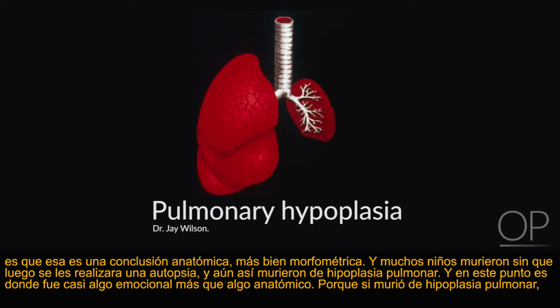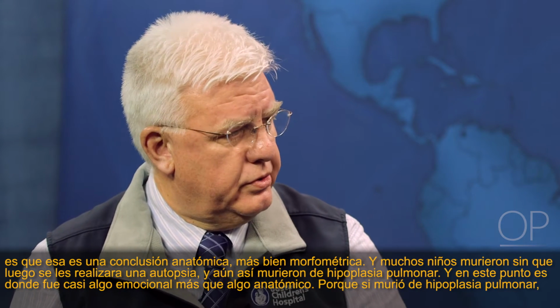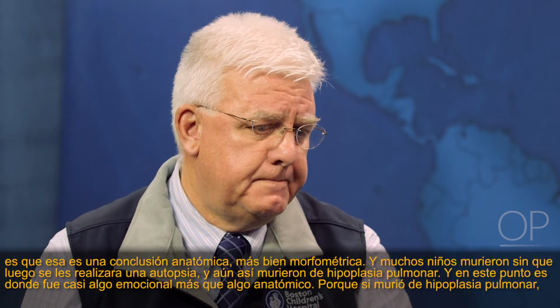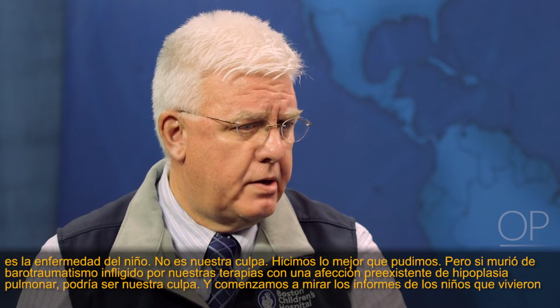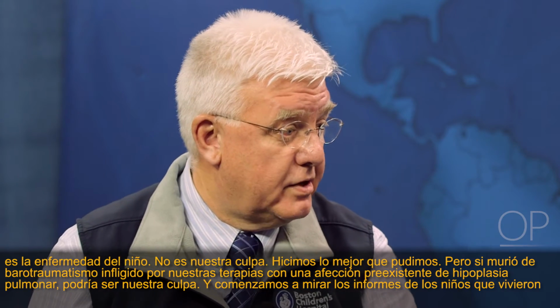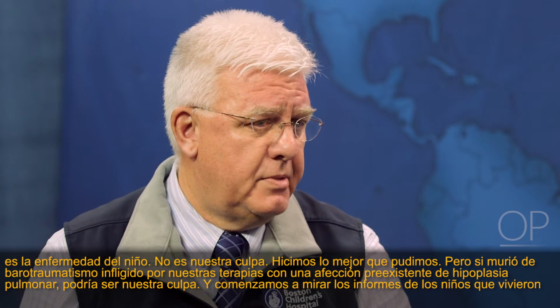And the funny thing is that's an anatomic and really a morphometric conclusion. And many children died without an autopsy, and yet they died of pulmonary hypoplasia. And this is where it was almost an emotional thing rather than an anatomic thing, because if he died of pulmonary hypoplasia, it's the child's disease. It's not our fault. Did the best we could. But if he died of barotrauma inflicted by our therapies with a pre-existing condition of pulmonary hypoplasia, it might be our fault. And we began looking at reports of children who had lived 9 months in our intensive care unit,